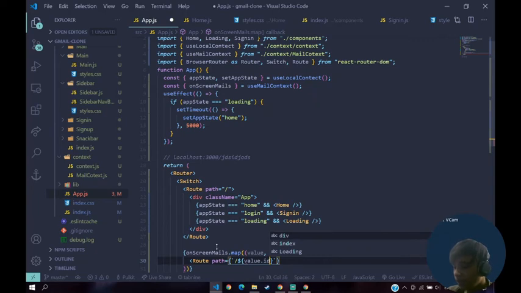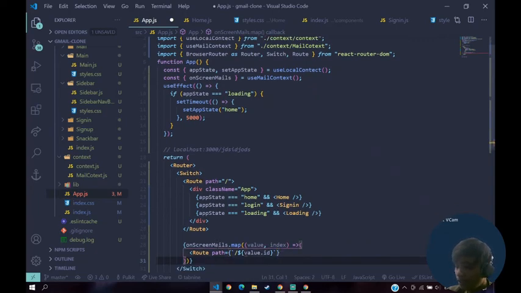For each of that mail, it will create another link. For example, if there are 100 mails, there would be 100 more links. If there are 10 mails, there will be 10 different links with the ID depending on their mail.